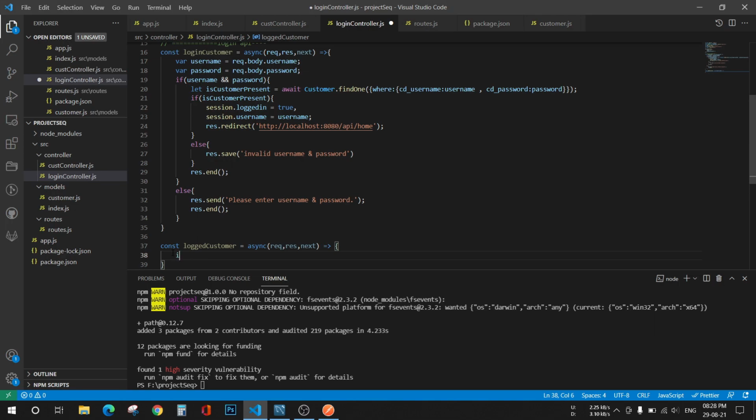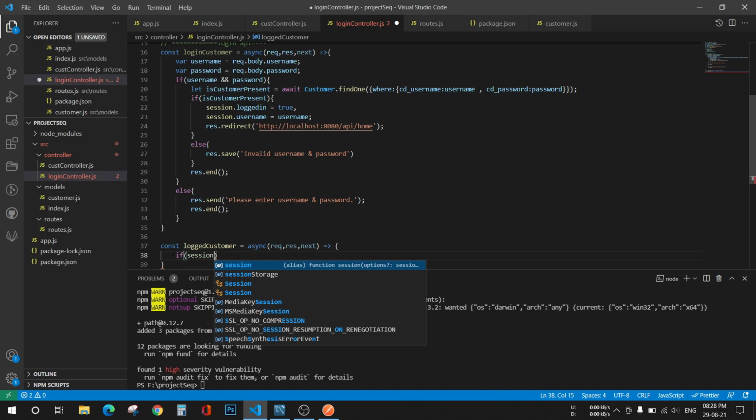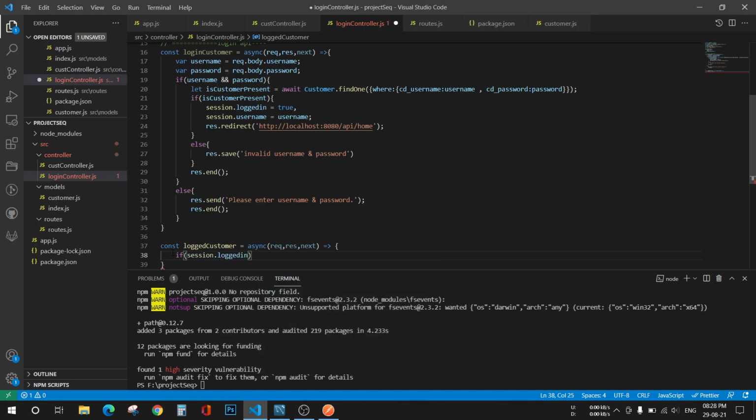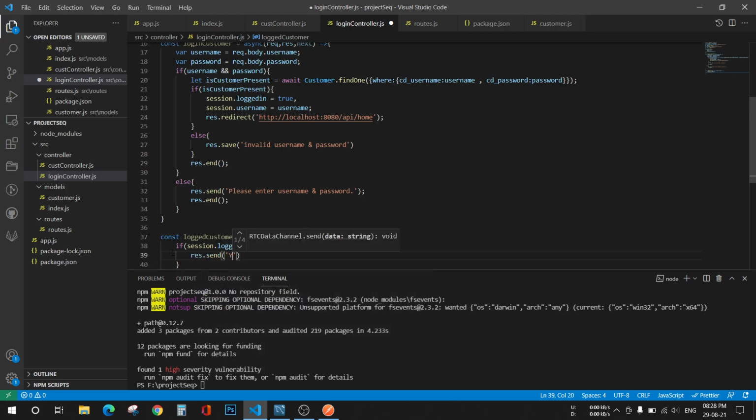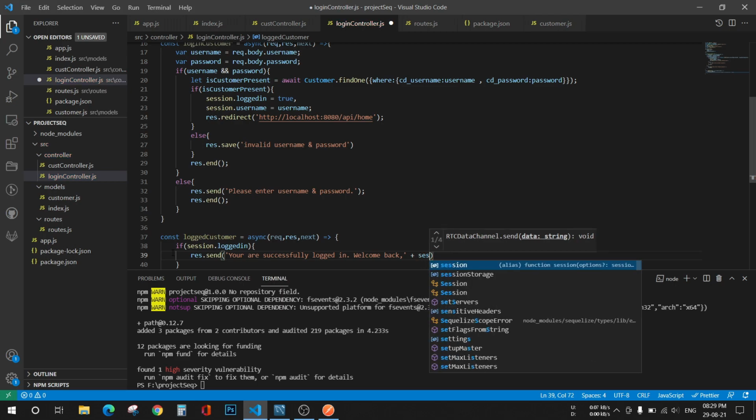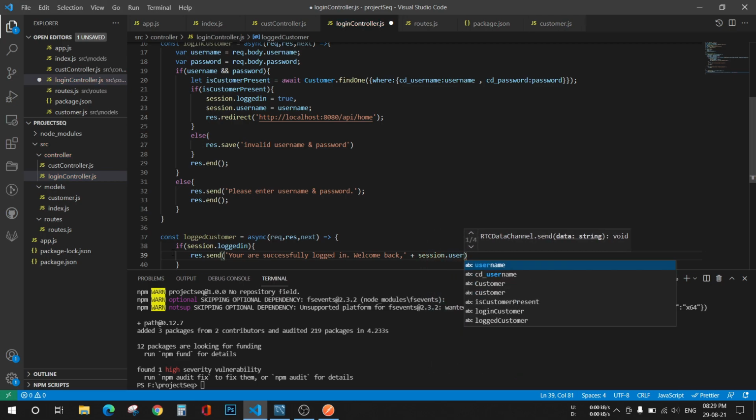If session.loggedIn, then we'll display some message: you are successfully logged in, welcome back, and then session.username.